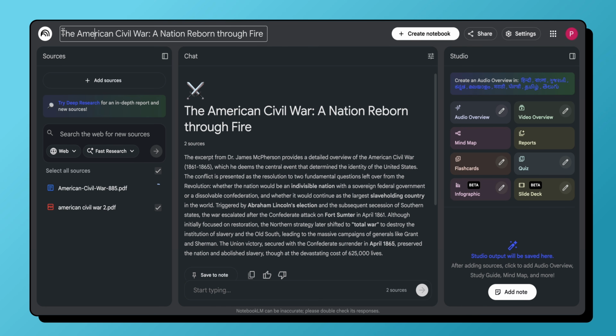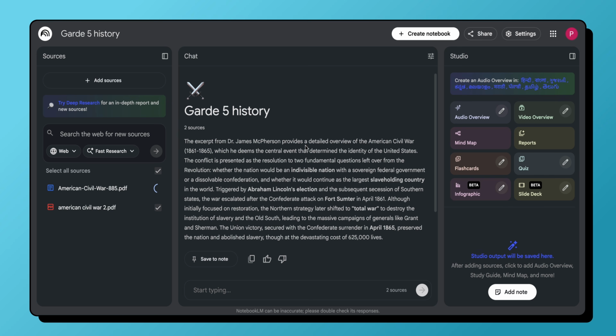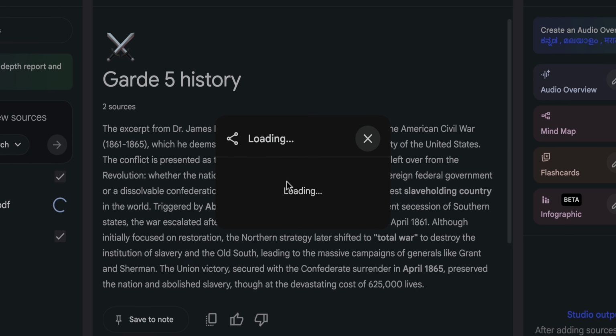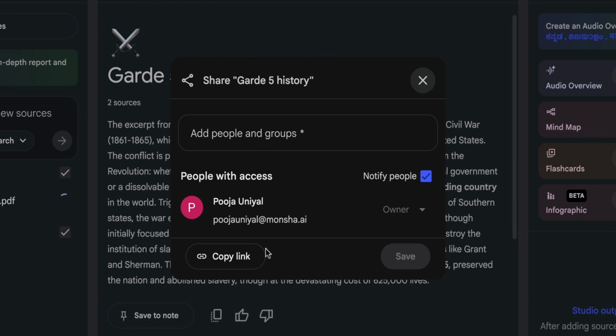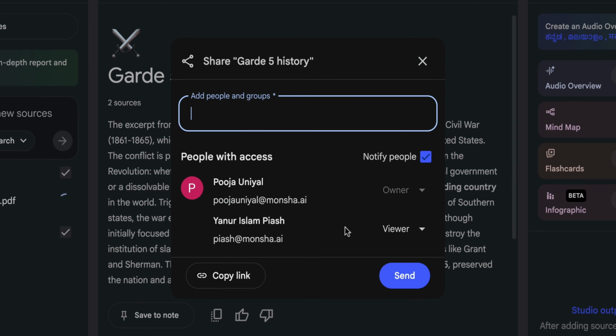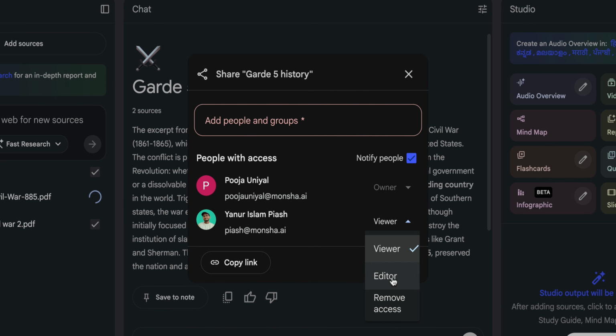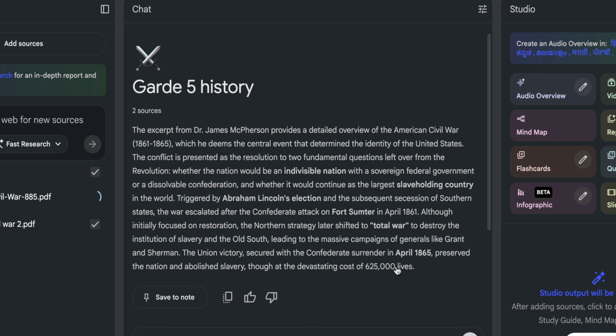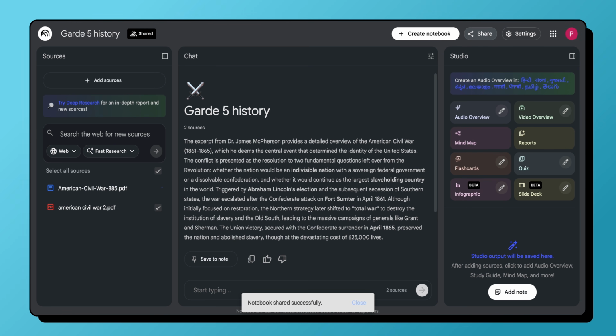Just create or open a notebook, name it anything you want, and now you can use the share button at the top of the notebook and add co-workers via email. Now, if your colleagues type any notes or draft any lesson plans, everything is saved within this notebook, so all of you can access it. You can even add notes that teachers can revisit later when they visit this notebook.